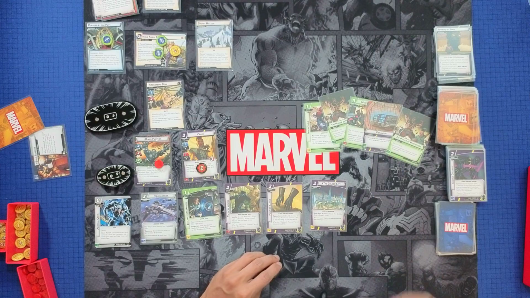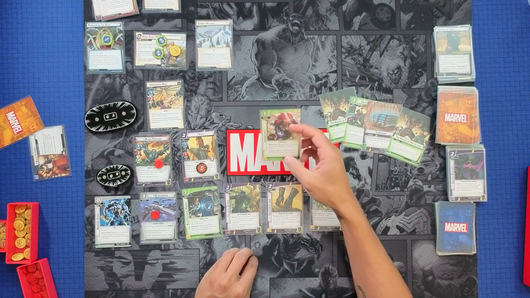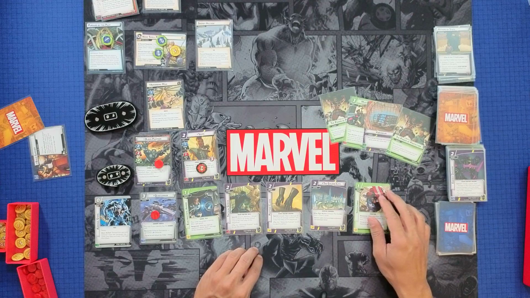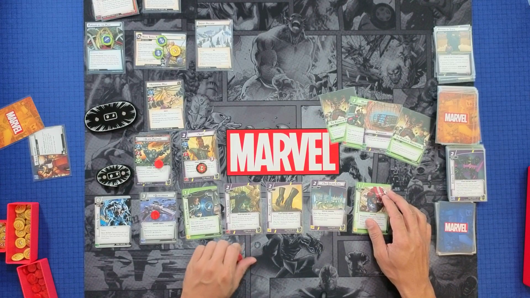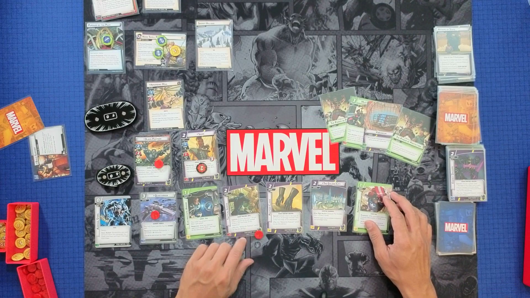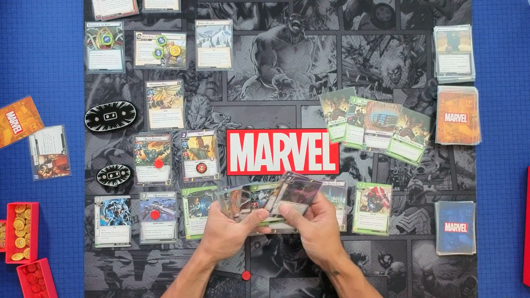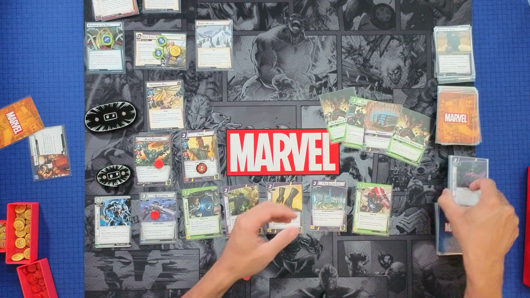We'll exhaust Quinn for Indomitable. So after your hero defends, discard this to ready him. I really don't like my hand. Especially because the high costing stuff's all gone. I mean, I guess I could dump...